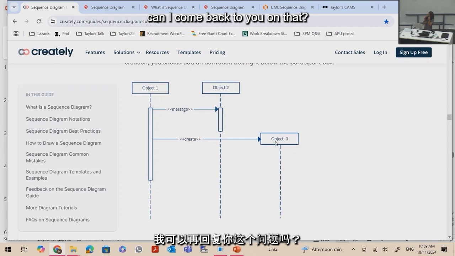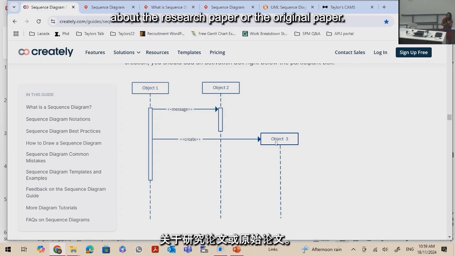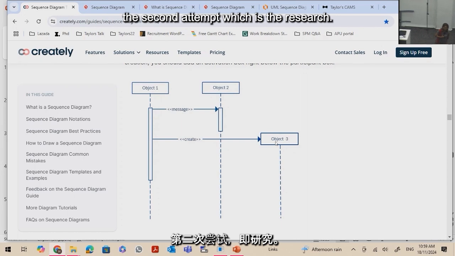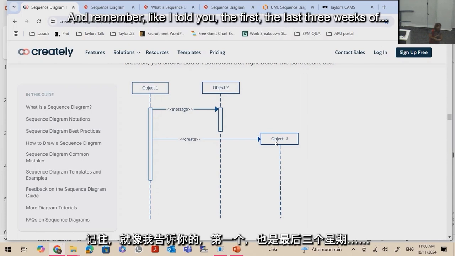Can I come back to you on that? I need to come back to you because I might make a mistake about whether I am talking about the research paper or the original paper. We are to create two papers. One is the original first attempt and the other is the second attempt, which is the research. So can you just excuse me, and next Monday I will tell you exactly which diagrams are coming out. And remember, like I told you, the last 3 weeks of